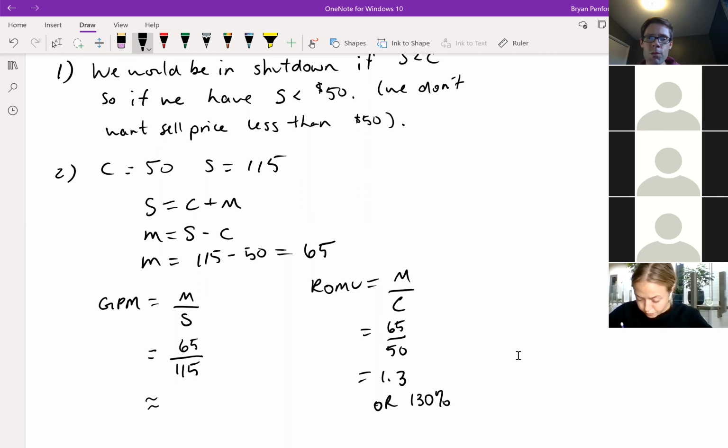So I know that the ROMU comes out to be a really nice number. It comes out to be 1.3. Remember, we're going to interpret this as a decimal number. So what this tells us is that the rate of markup on this shoe is actually 130%,